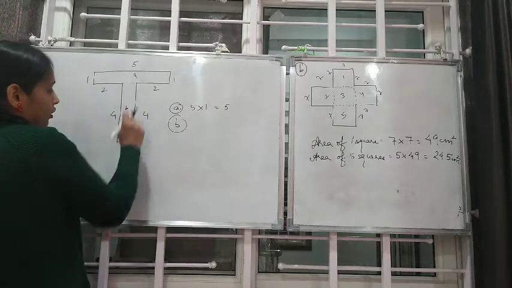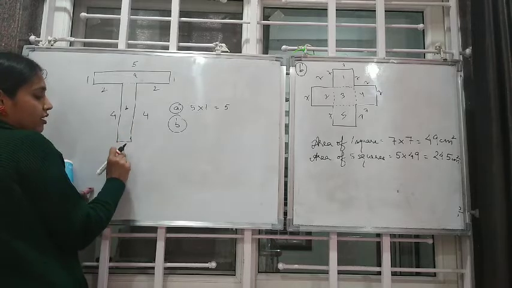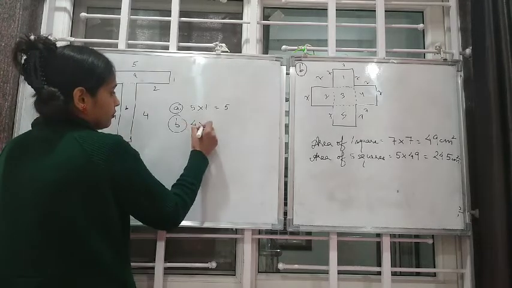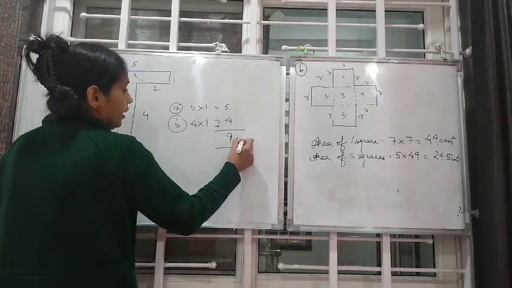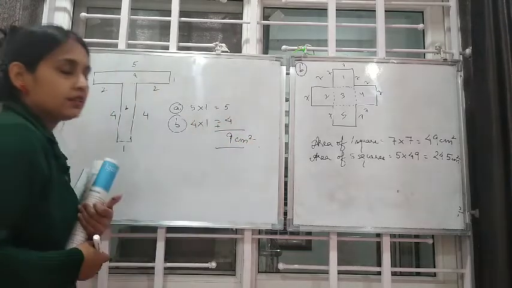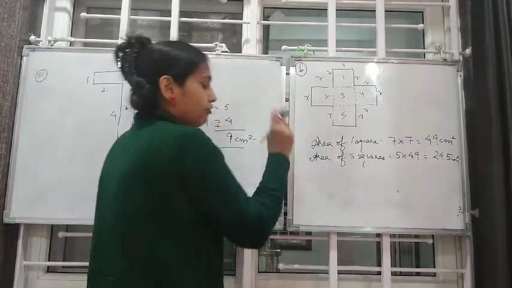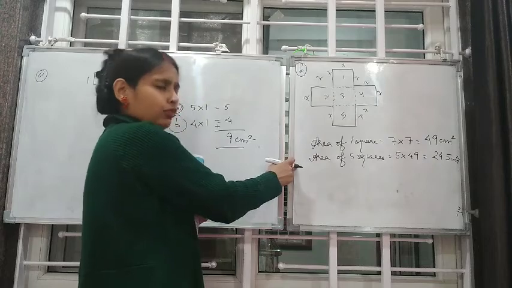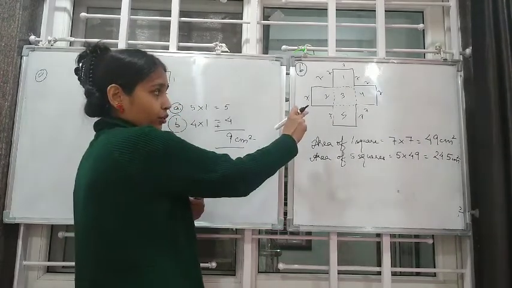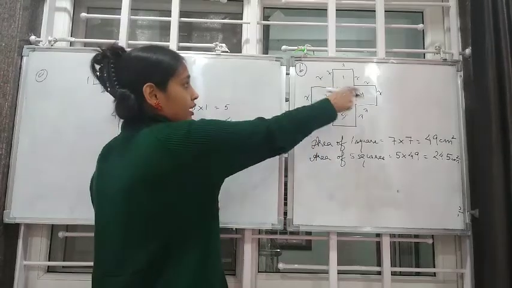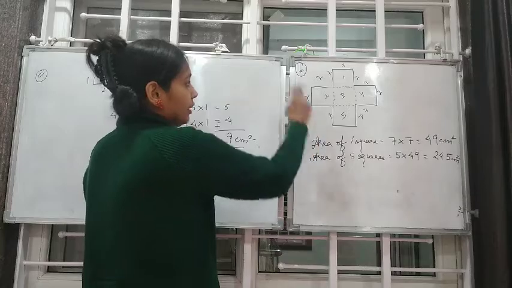For B, you see, the length is 4, breadth is 1. Total 9 centimeter square. The same way, children, we can do this also. If you are having problem and confusion here, why this way? Why can't this? This is possible here also. Only the thing is you will have to write it A, B, C, D, E. E times. That means 5 times you will write the same thing.